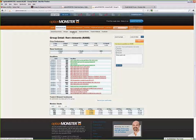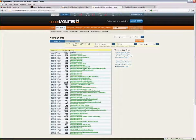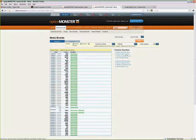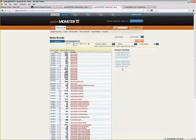The next thing I want to show you is news events. Now, it's a traditional news feed. It has things simply sit in order, but the way to use this is to understand that it's thematic. So if you want to see all the good earnings news, for example, you can click on that link. If you want to see bullish options news, everything is organized thematically. We have bearish earnings news, bearish stocks making new lows,